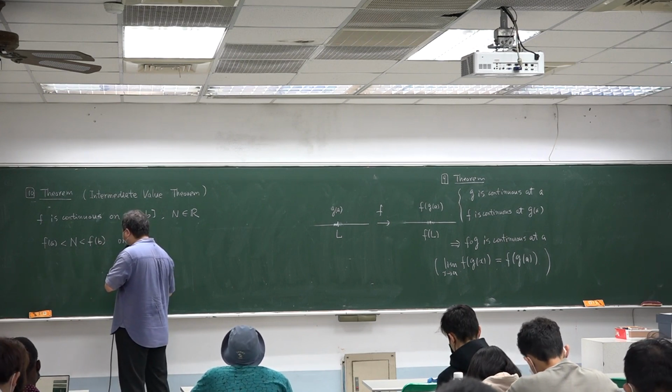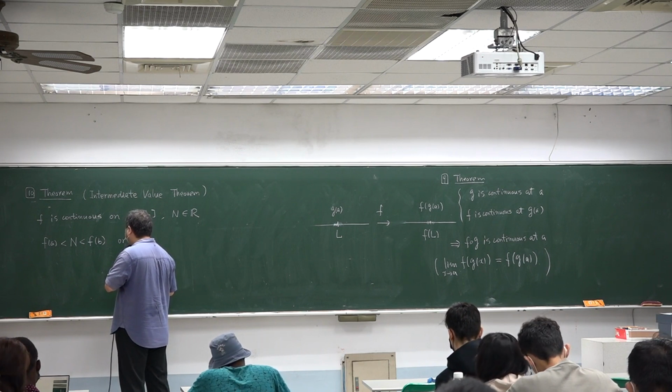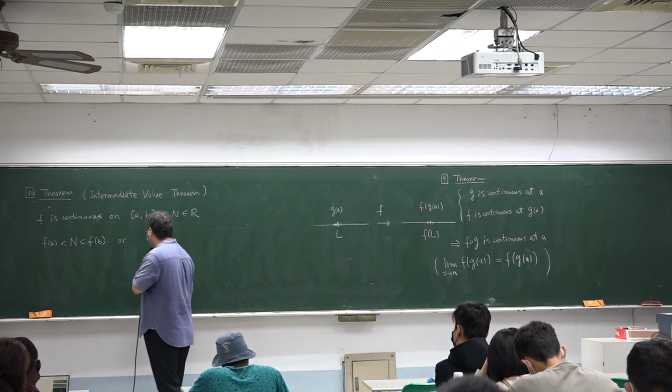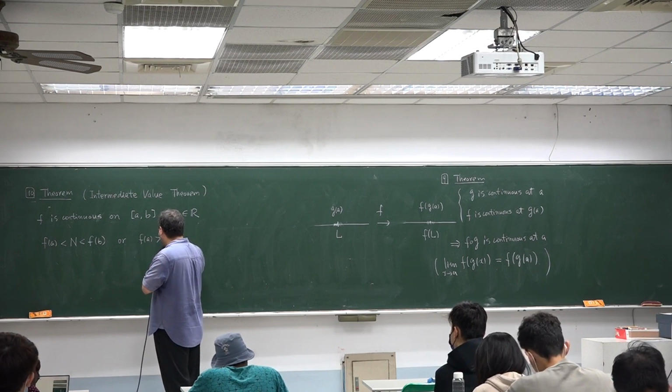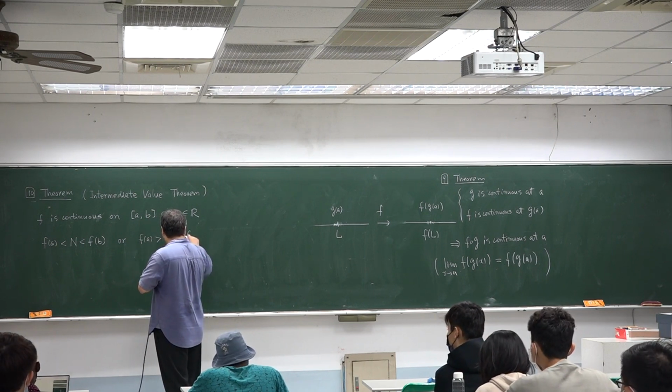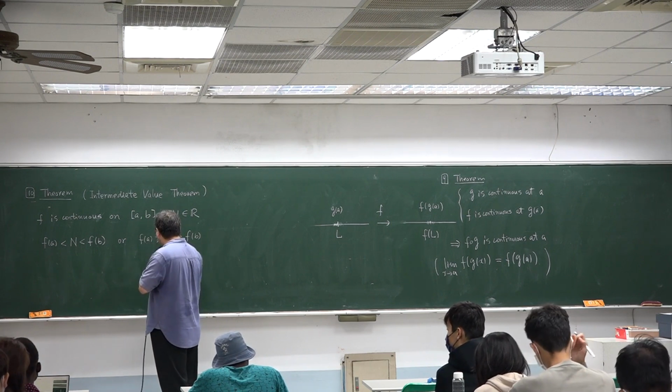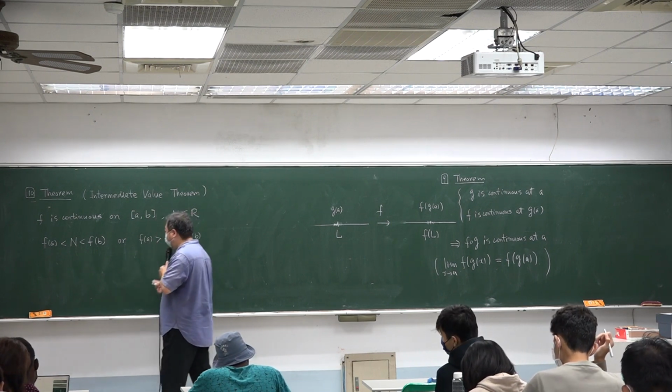If f of A is greater than f of B, then N between these two numbers,